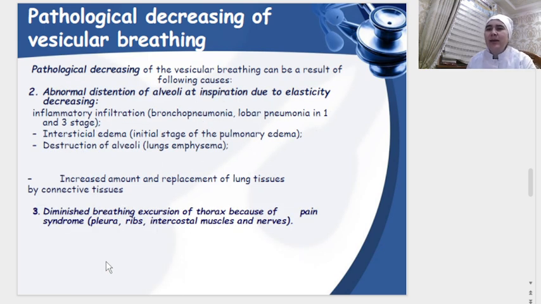Then second, abnormal distension of alveoli at inspiration due to decreased elasticity, inflammatory infiltration, bronchopneumonia, lobar pneumonia in the first and third stages,